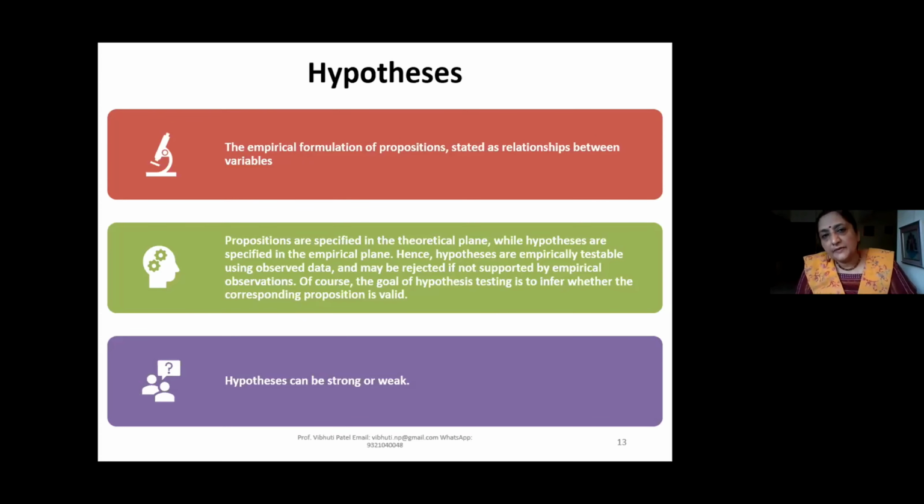So a hypothesis can be strong and it can be weak. A weak hypothesis is one where your evidence doesn't support the proposition that you are making. A very excellent example of a weak hypothesis is: alcoholic people are violent. Okay, they are the ones who beat up their wife and children. But all the studies on domestic violence have shown that even when people are not alcoholic, they are violent. So it's a weak hypothesis. You just can't attribute it to alcoholism. Yes, it happens: those who are alcoholic, they beat up. But even those who are not alcoholic can be equally cruel. So it is the patriarchy.